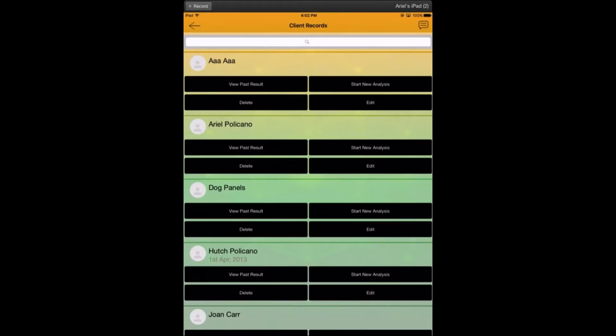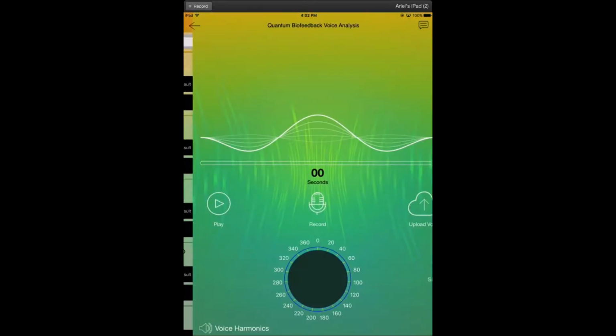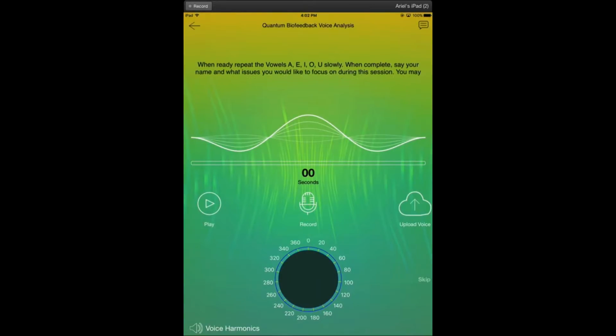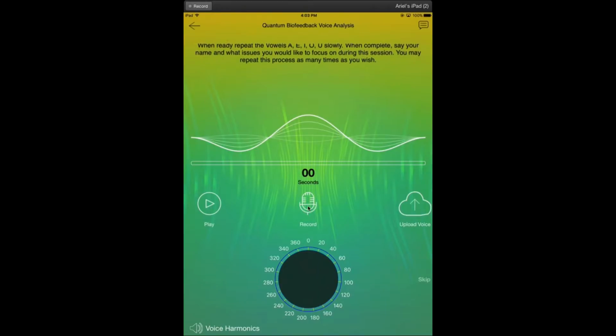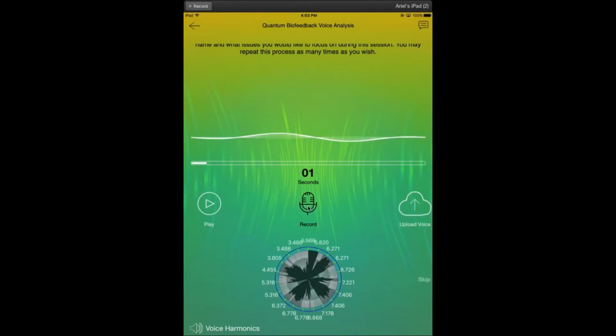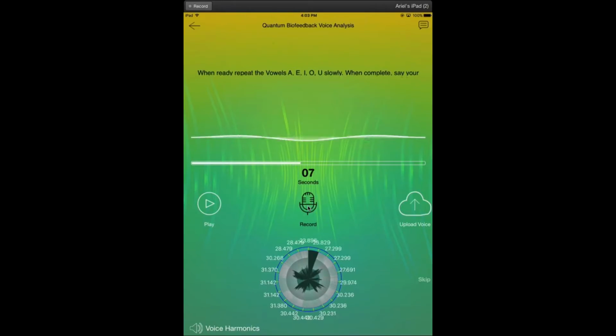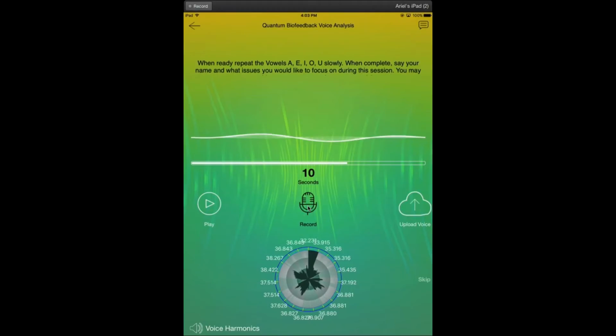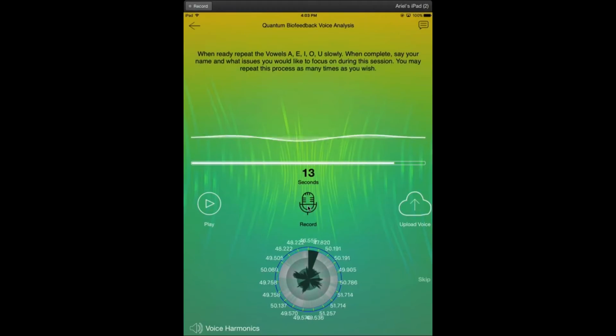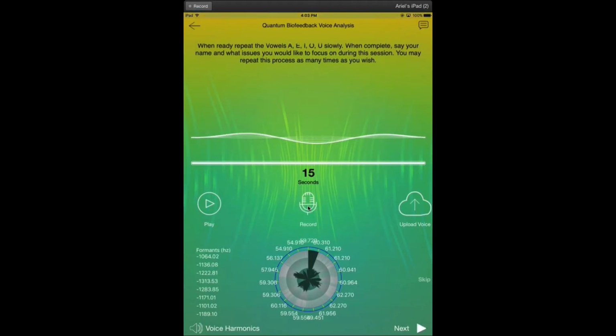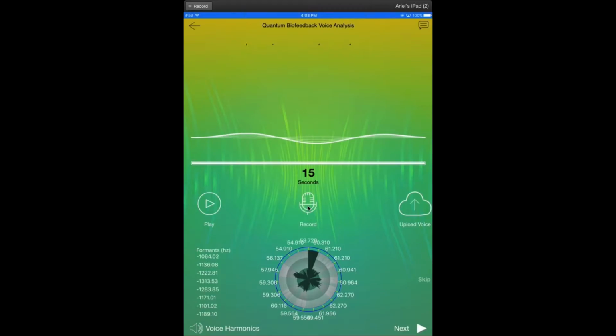So let's just jump in here with a fictitious client, and just remember that when you're recording the voice, you simply press on the microphone here, and you can say anything you like. You could say A-E-I-O-U, you can express a gratitude, you can talk about anything that you want to while this 15-second recording is being done. It is one of the most precise testing algorithms and proprietary methods out there in the industry today. And in fact, when you hit the next button at the bottom right,